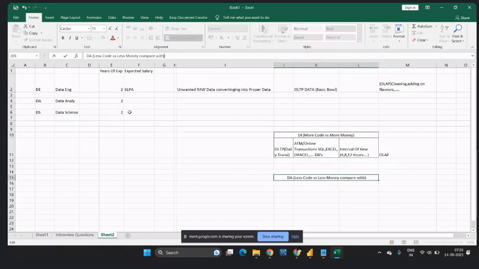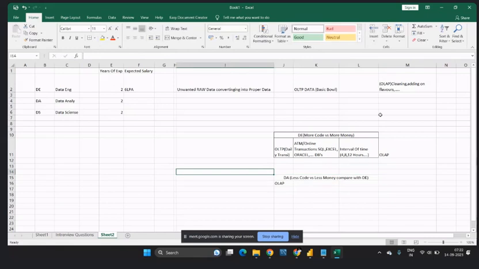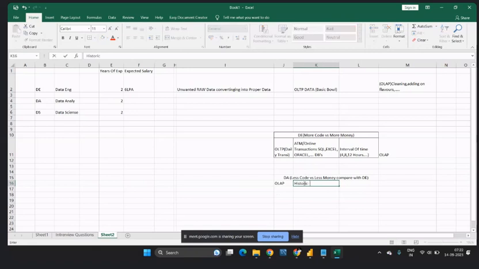Compare with data engineering. You are with me? Here, OLAP came into the picture. OLAP, in the sense, the cleaning part is completed, right? Cleaning everything is completed from OLTP to OLAP. Based upon whatever you stored at midnight, from OLTP to OLAP, this is called historical data. We need to call it historical data.